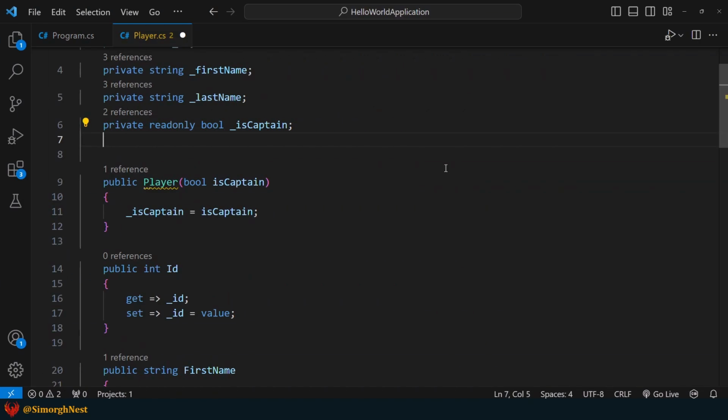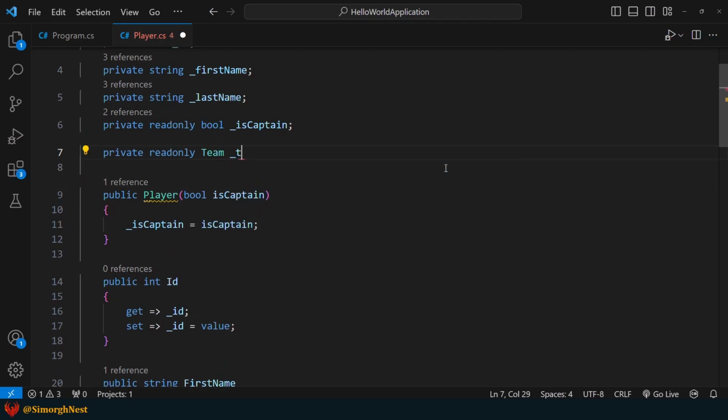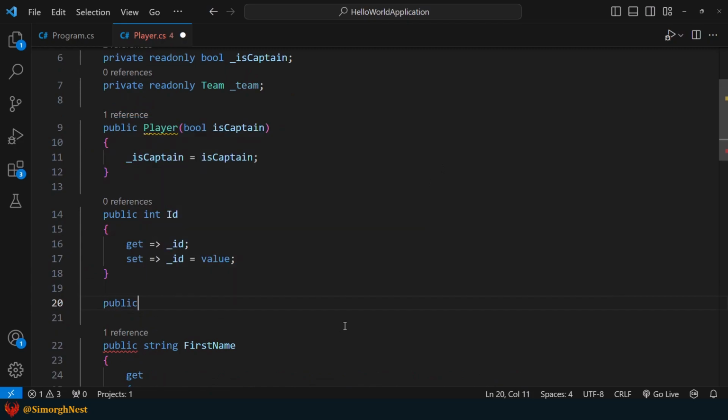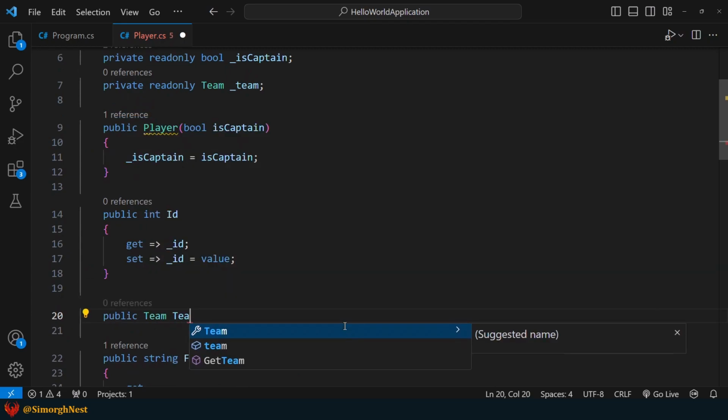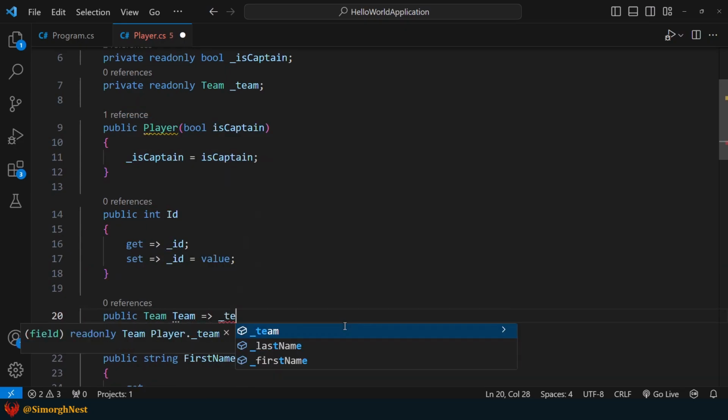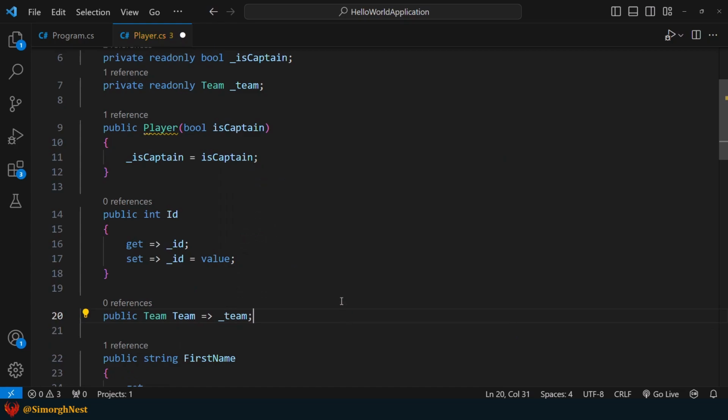Okay, for example, in the player class, let's declare a readonly field and property for the team class. Now, let's initialize this field inside the constructor.